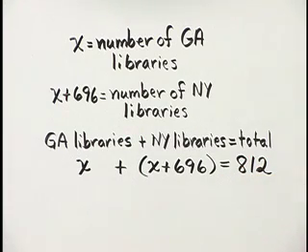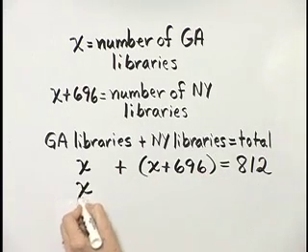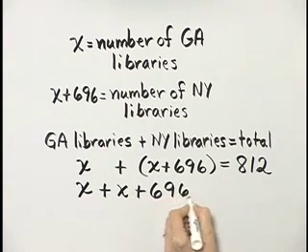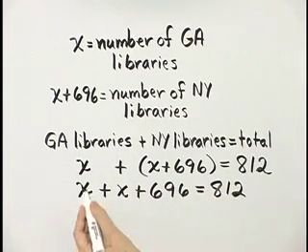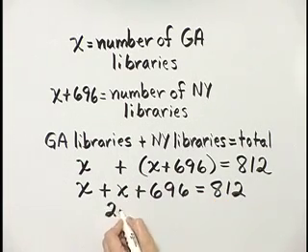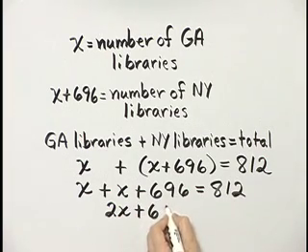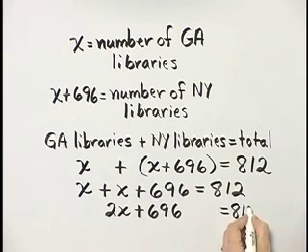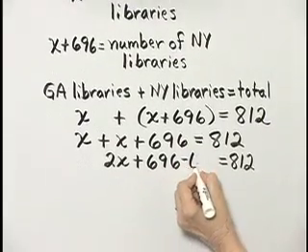We've translated to an equation. Now let's solve that equation. Notice I can take a step and take off parentheses, and that's simply X plus X plus 696 is equal to 812. And then I have like terms, X plus X, that is 2X. And then if you don't mind, I'll put plus 696, and I'll leave a space because I'm going to isolate this variable term by subtracting